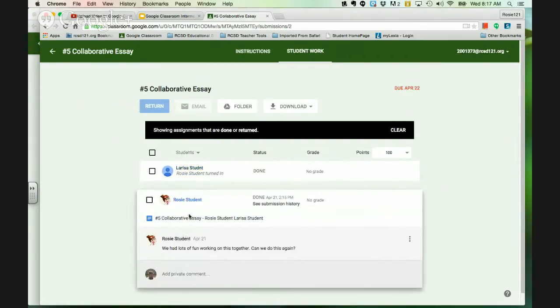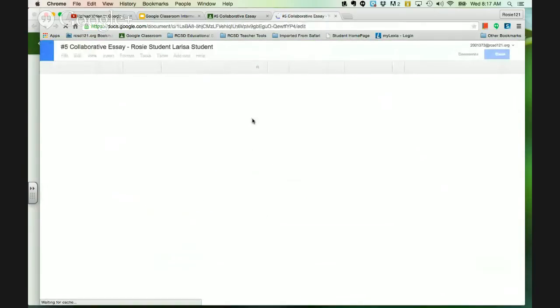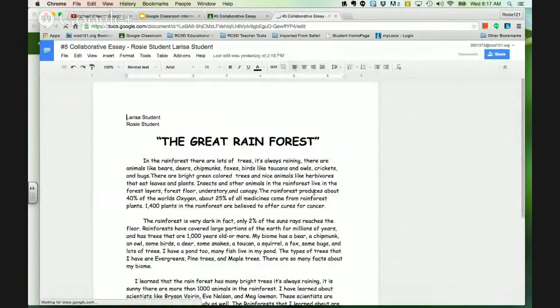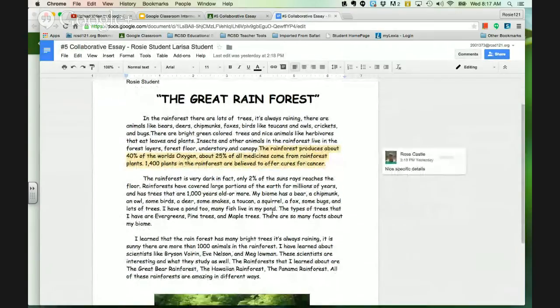So to see the group work, the collaborative work, you come down to the group leader, you open up the work, and here was the work that they did collaboratively. Okay, both their names are here. Both of their names are in the file name. Now what we see here,